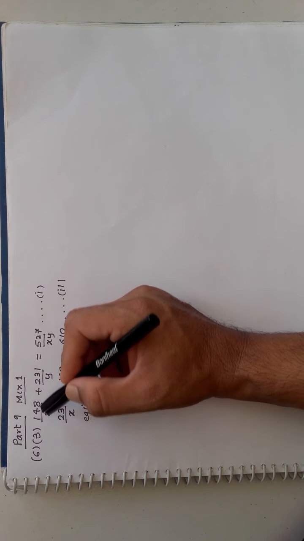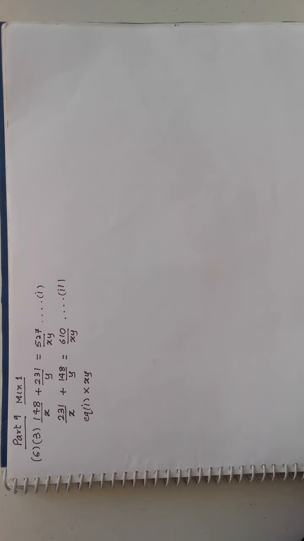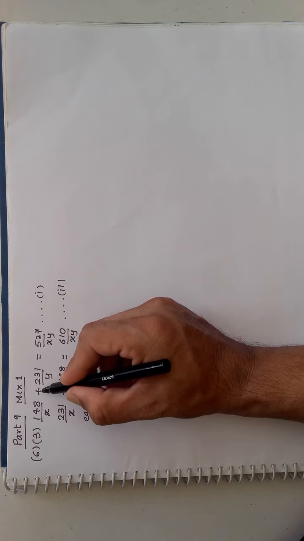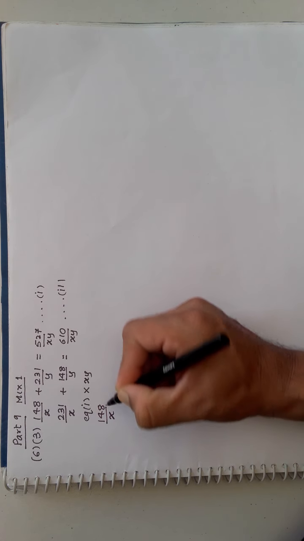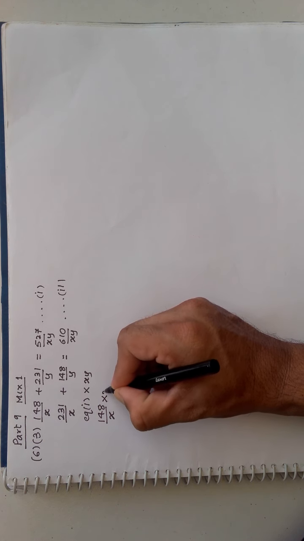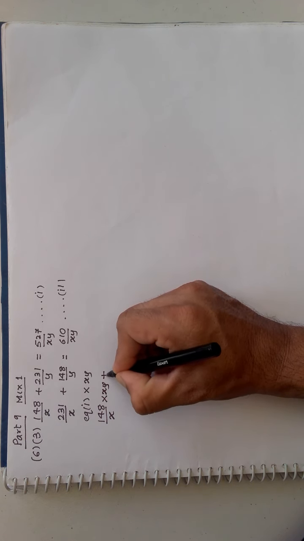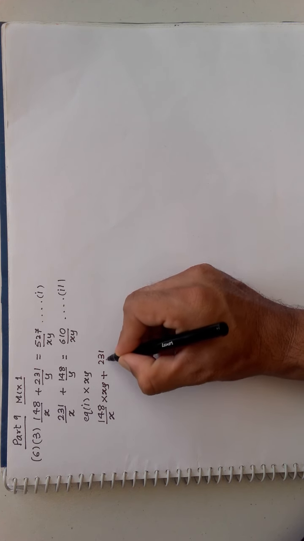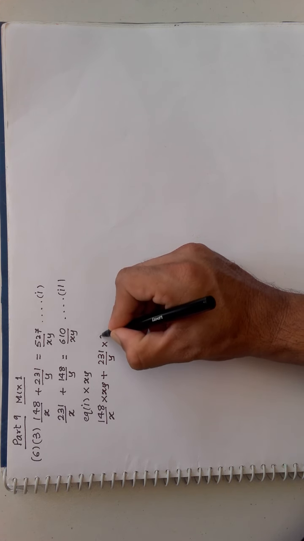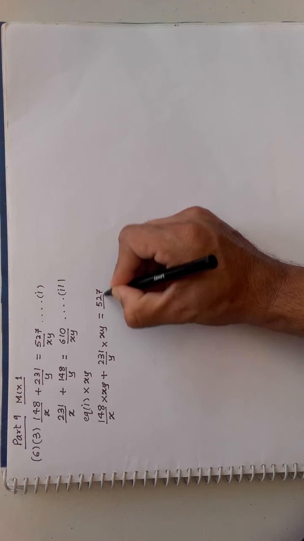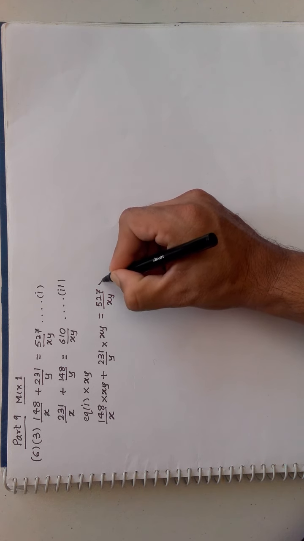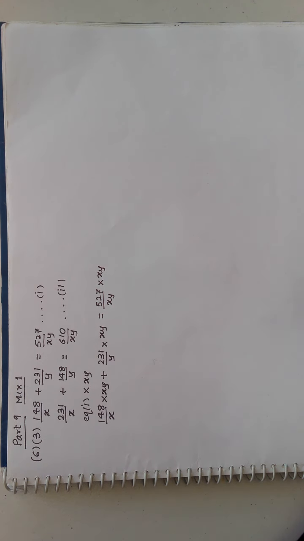So x will vanish, that is, the trouble of the denominator is ending, we will think later about what to do. So you will multiply before the plus sign, so it becomes 148 by x. Before the plus sign means into xy here. After the plus sign 231 by y into xy, and also to the right side.